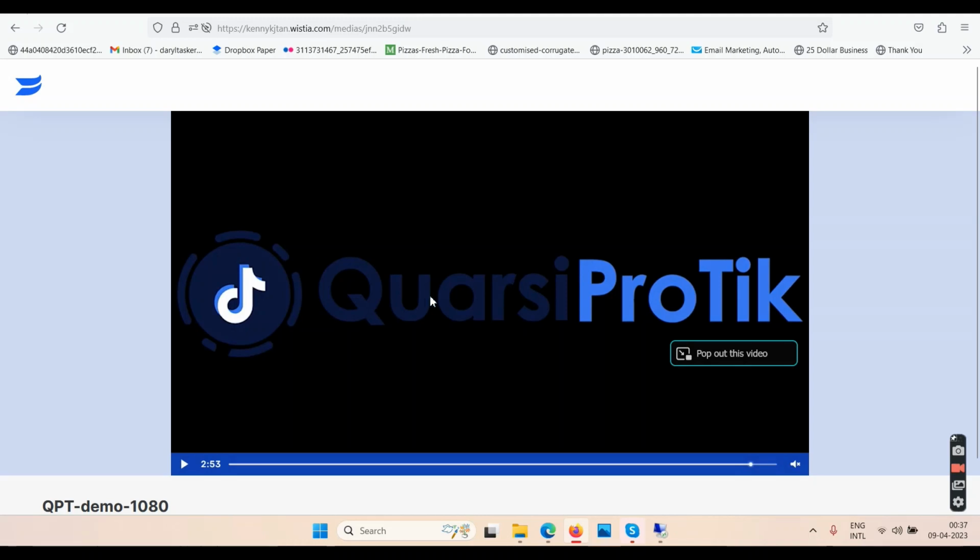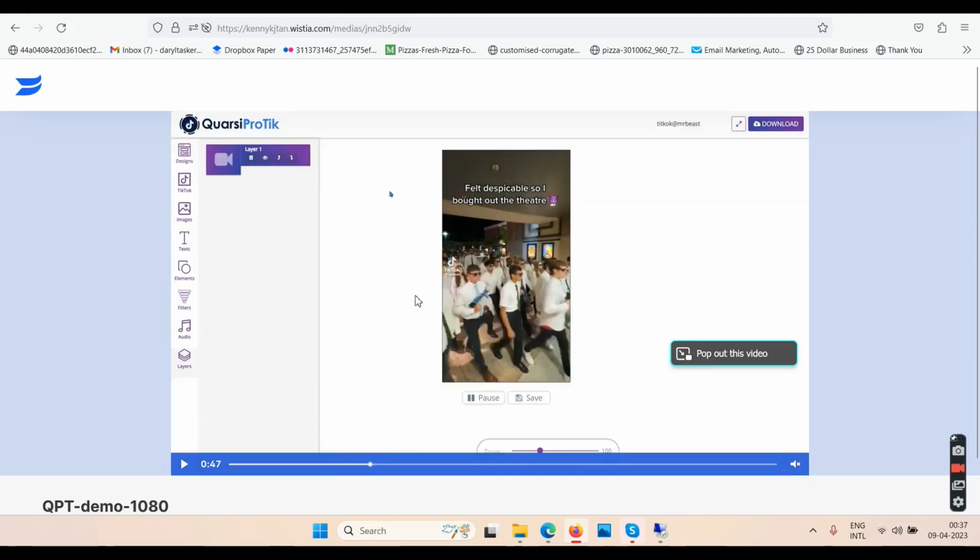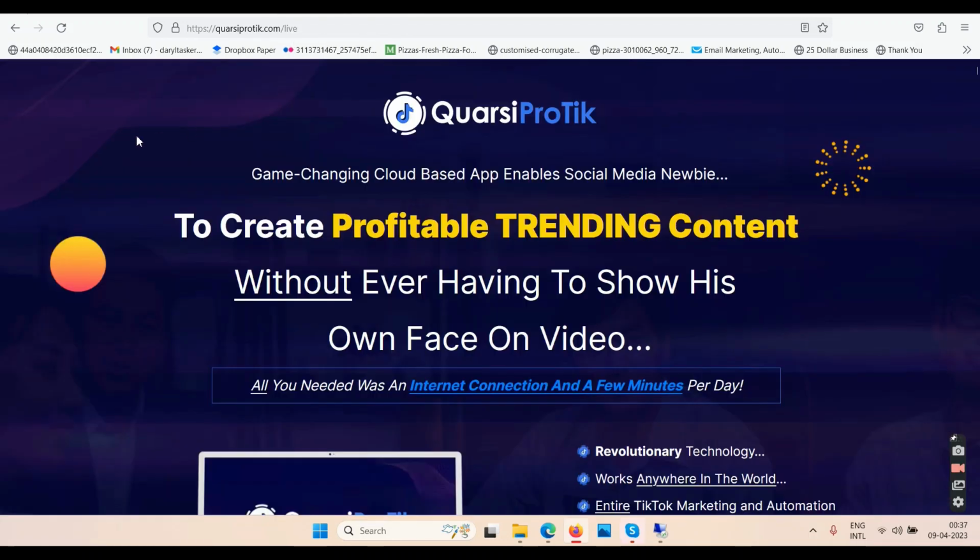You have seen the demo video. So you know what the software is going to do for you. It's going to create these short vertical videos by stealing somebody else's videos, and then those videos will be good for nothing to you. Quarsi Protik, game-changing cloud-based app enables social media newbie to create profitable trending content without ever